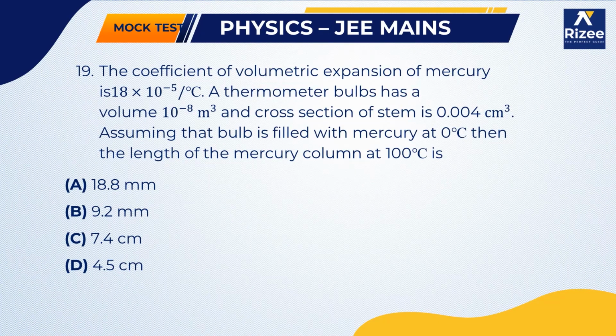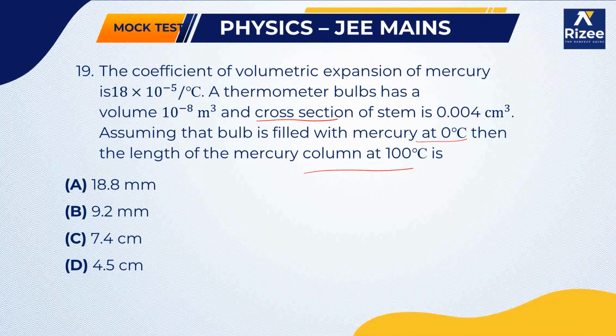Next one, the coefficient of volumetric expansion. The coefficient of volumetric expansion is 18 into 10 to the power of 5. The thermometric bulb has volume of 10 power minus 8 and the cross section of the stem is 0.004 centimeters square. Assuming the bulb is filled with mercury at 0 degrees, then the length of the mercury column at 100 degrees is asked. So to find the length of the column at 100 degrees centigrade,